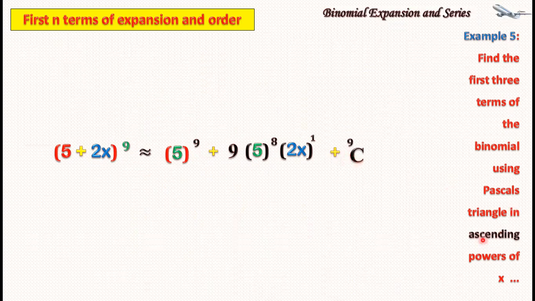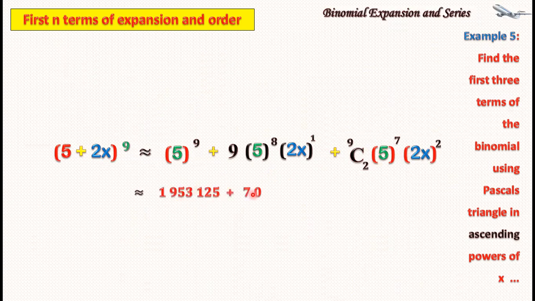Okay, so use Pascal's triangle. Okay, I've just decided not to use it here. I'm sorry about that. So 9 combination 2, 5 to the power 7, 2x to the power 2. And that continues. So this gives me approximately